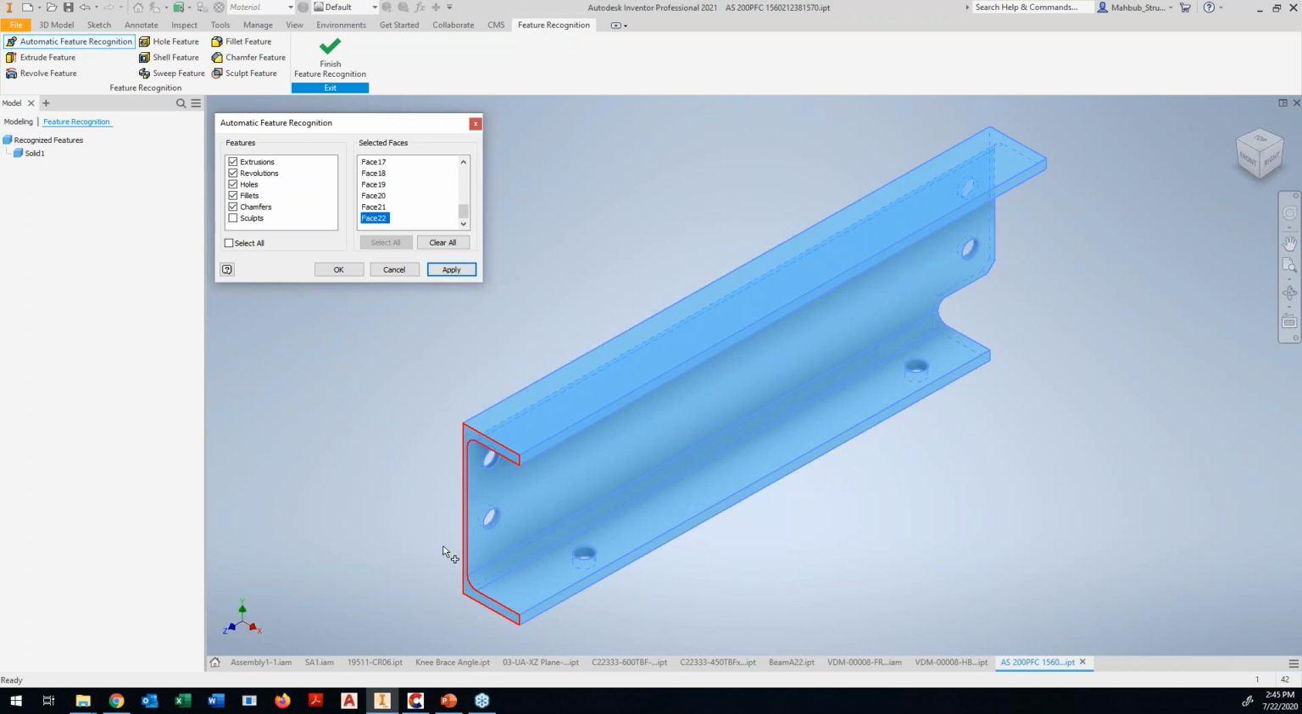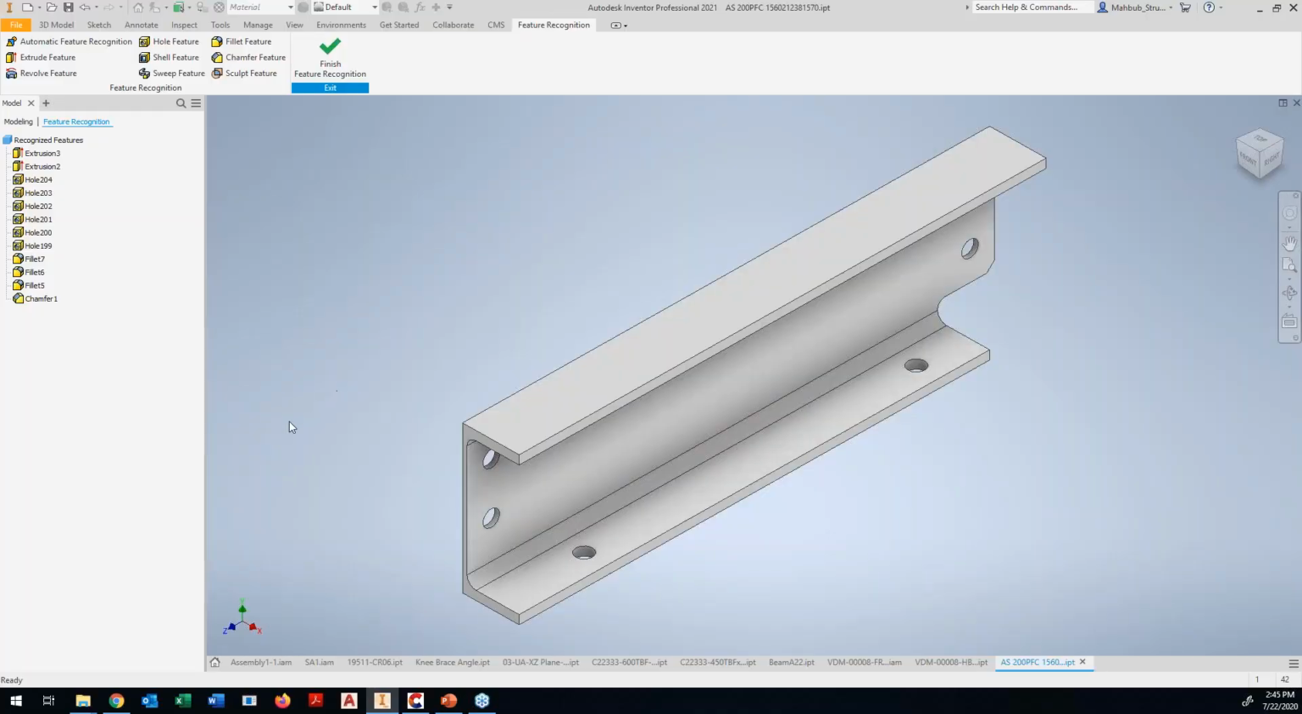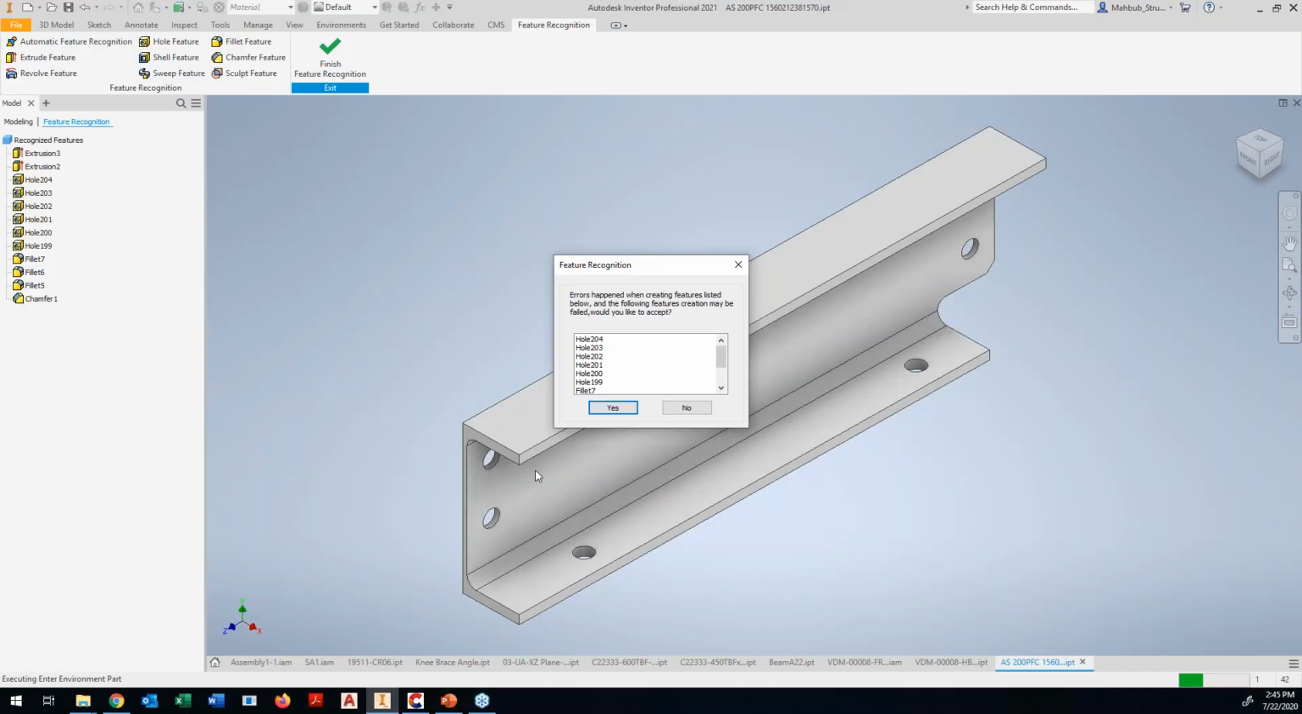Let's take this face as my start point. So I'm going to say okay. And I think it's done behind the screen. I say finish. Let's create those. As you see, once this is done,